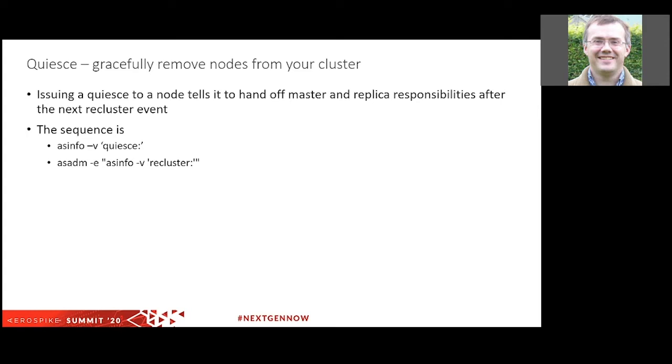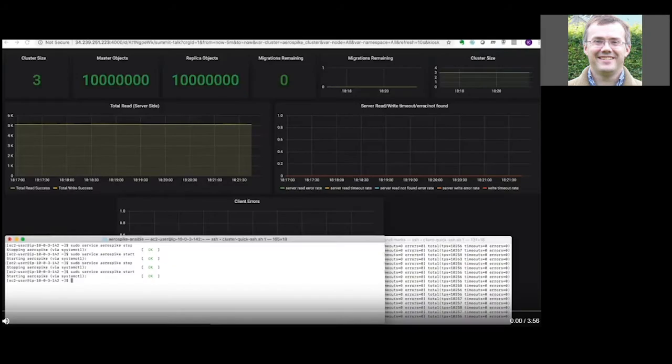The right way involves using a command called quiesce. Quiesce was introduced into the Aerospike product in August 2018 in version 4.3. When you issue the quiesce command, it tells the node in question to hand off master and replica responsibilities after the next recluster event. Just so you can understand the difference that this makes, I'm going to show you what happens if you